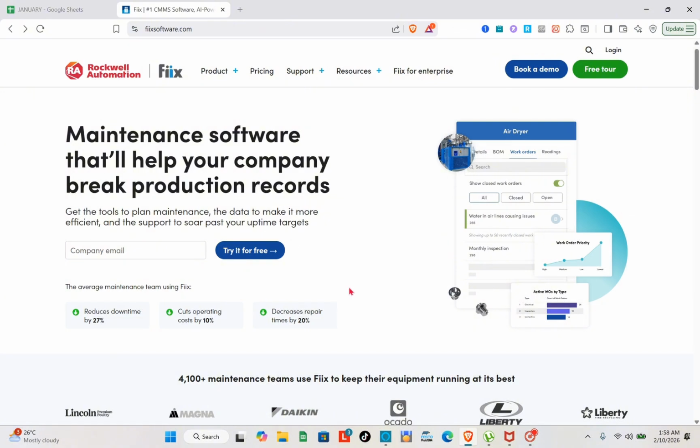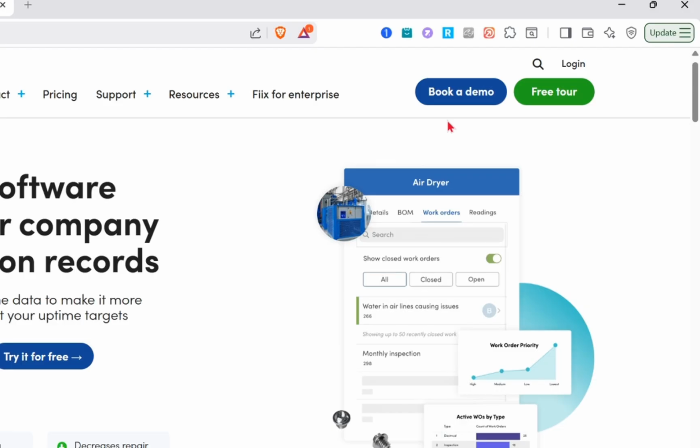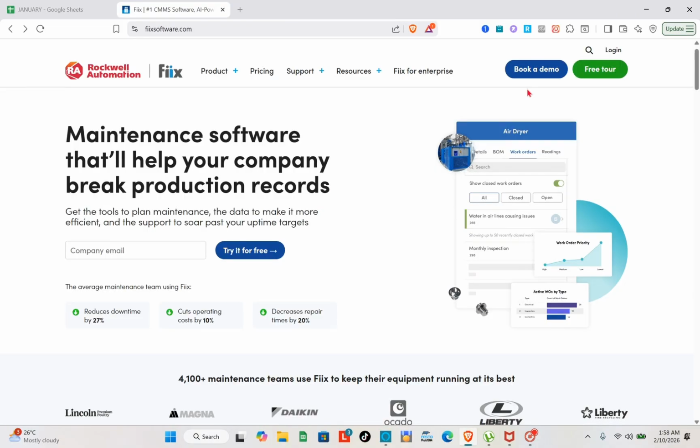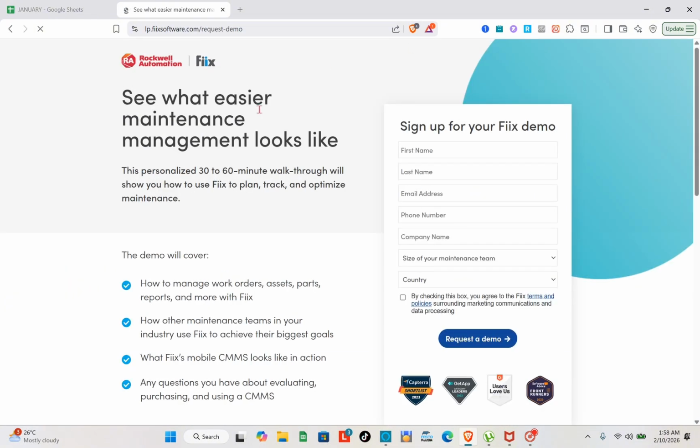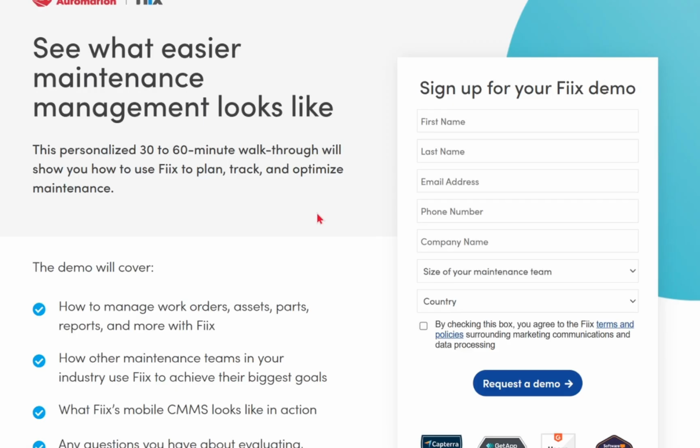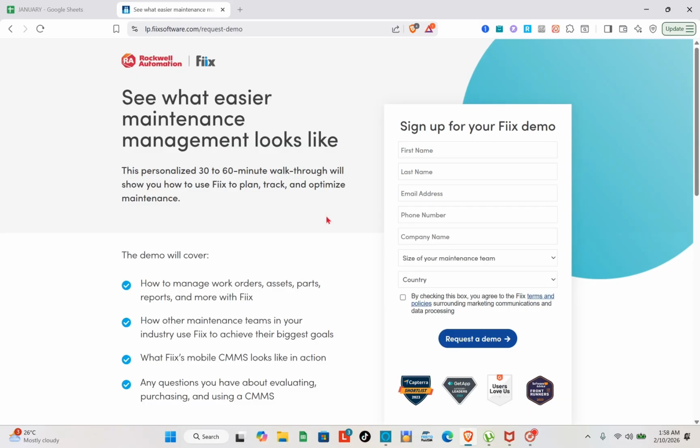And as you can see at the top, we don't have an option where we can sign up for an account. We only have the login, the book a demo, and the free tour. So when you tap on the book a demo option right here, you will need to type out your first name, your last name, your email address, your phone number, your company name, the size of your maintenance team, and then your country. Then after that, you just have to wait, and they will send you your